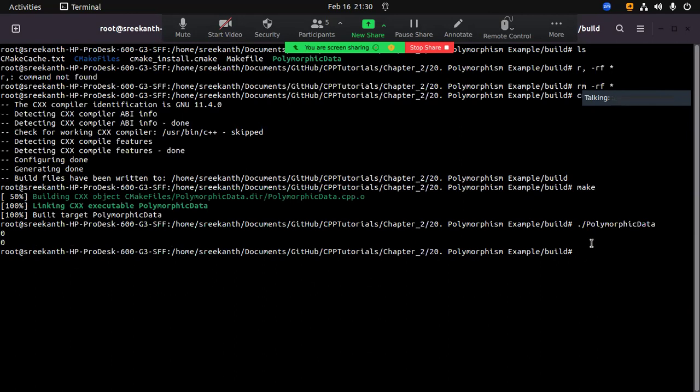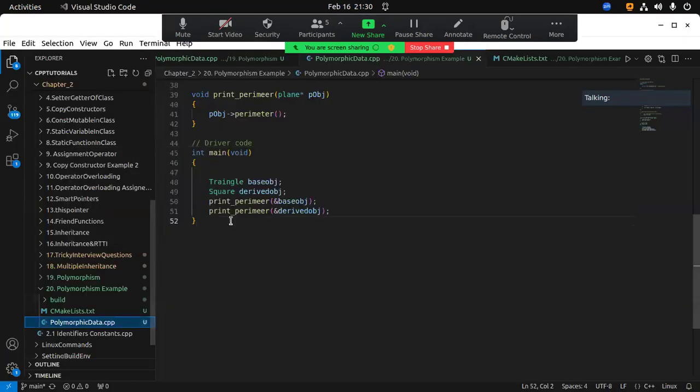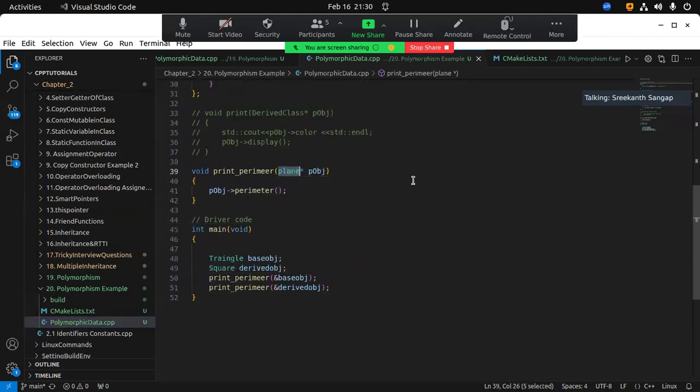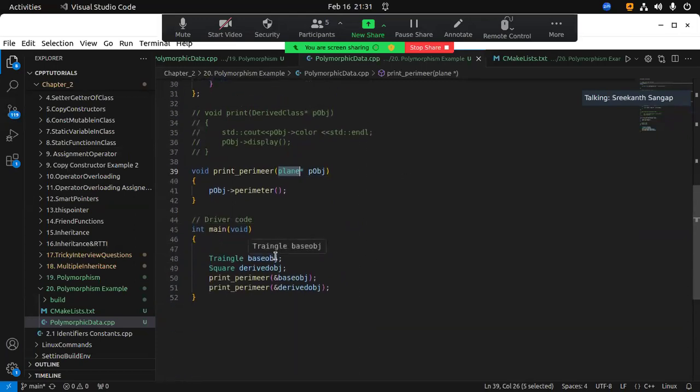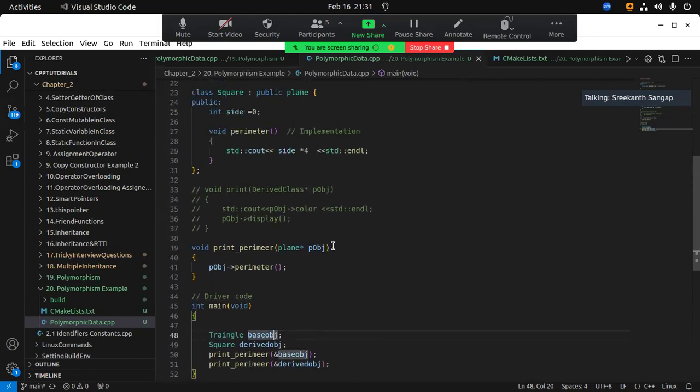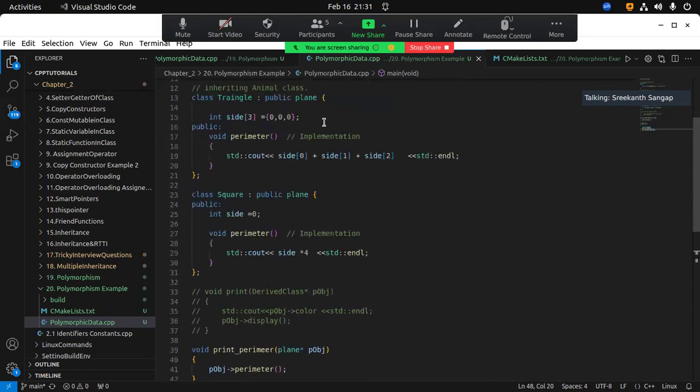Okay, what happened? It is printing polymorphic data. It is going to print 0 0. And what did he do? He just called perimeter, perimeter of the plain pointer, with std::cout. We didn't initialize anything, right? Sorry, we didn't initialize any of the contents. Now triangle